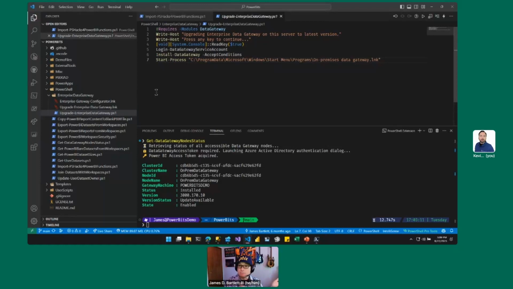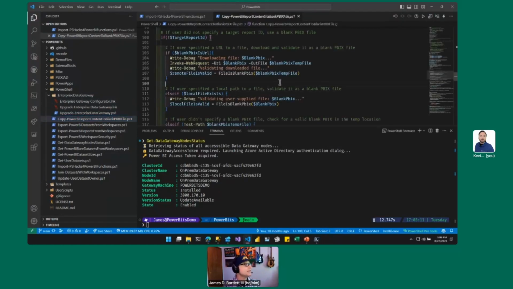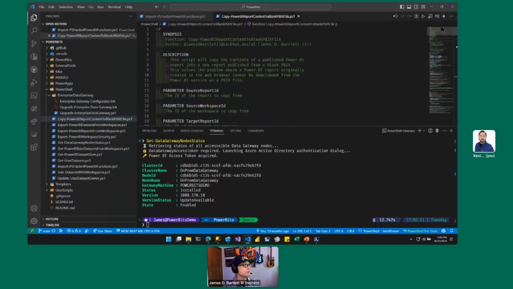Of course, we can now grant, if you're a tenant administrator, you can grant yourself permissions to view someone else's personal My Workspace in Power BI, but that still doesn't give you the ability to download the PBIX file if they didn't author it in Power BI Desktop originally. So with this copy Power BI report content to blank PBIX file, what this actually does is